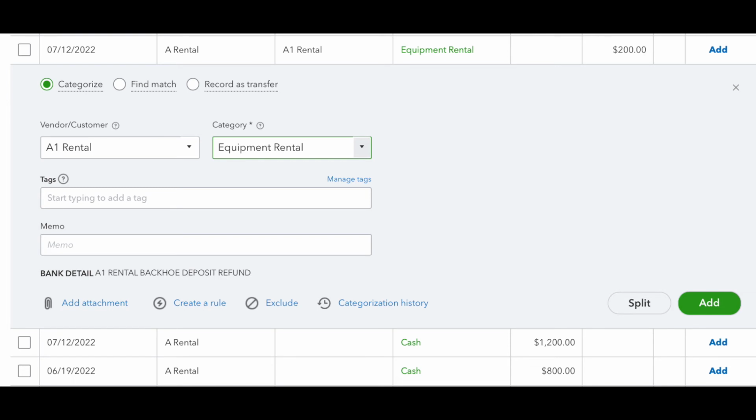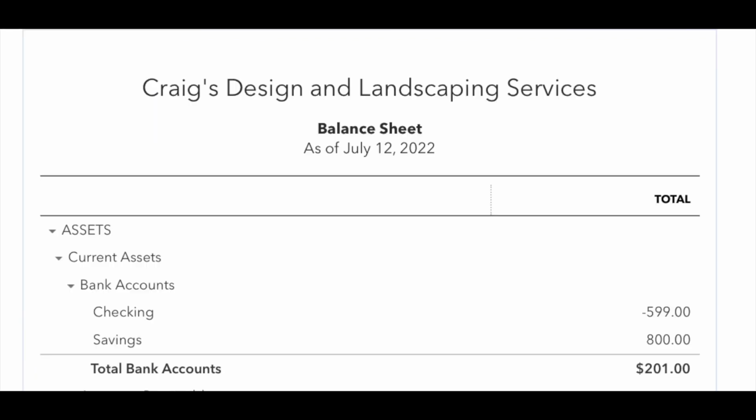This sample company has previous transactions where they paid the vendor A1 Rental and categorized those transactions as equipment rental. So on a refund, we're going to use that same category, equipment rental. Once we categorize that, you can see on the balance sheet we no longer show a negative $200 balance in the cash account. So we fixed the problem of